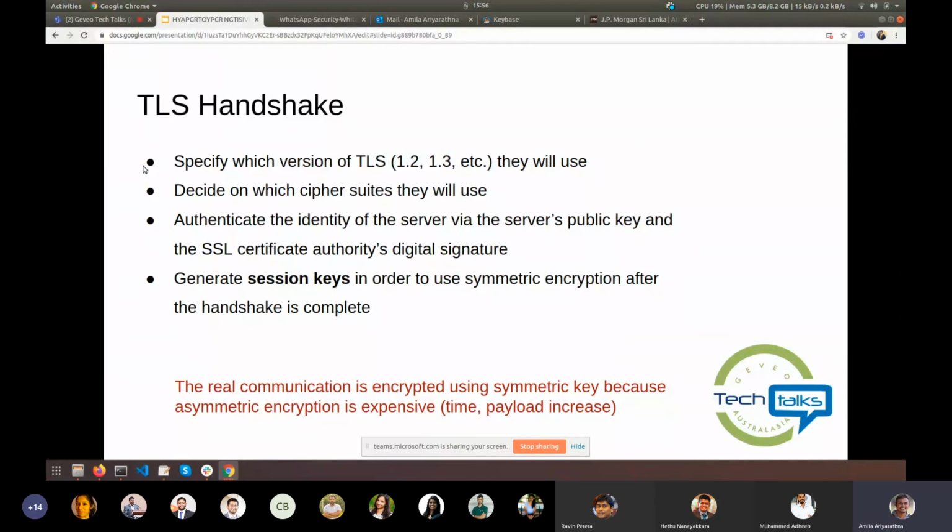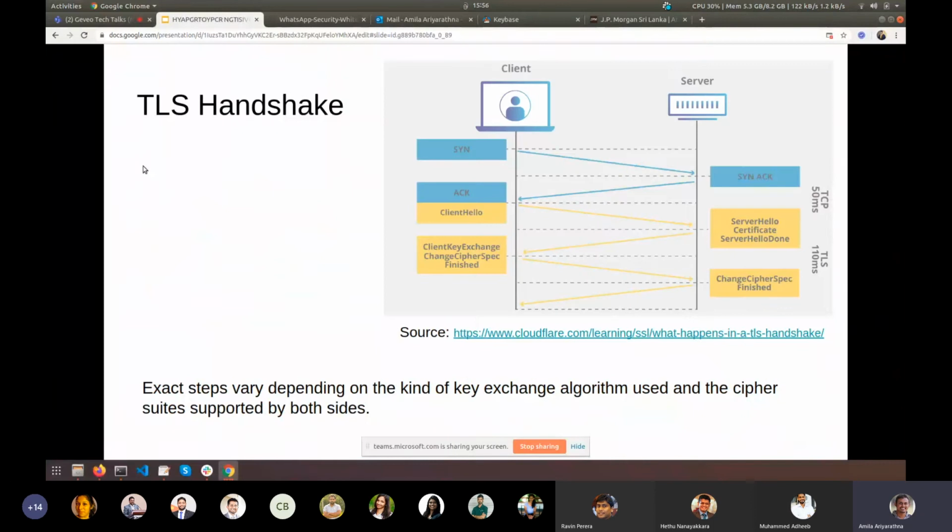So these systems are called hybrid crypto systems because they employ both crypto systems, as in both asymmetric and symmetric. This diagram I took from the Cloudflare website. The blue part is the TCP connection establishment, so we are interested in the yellow part. If you look at that diagram, there are basically two round trips between the